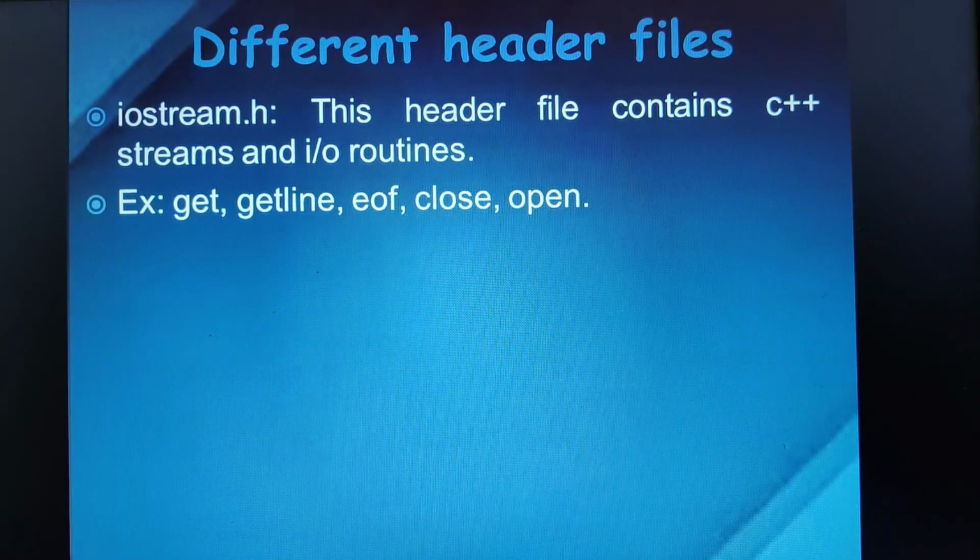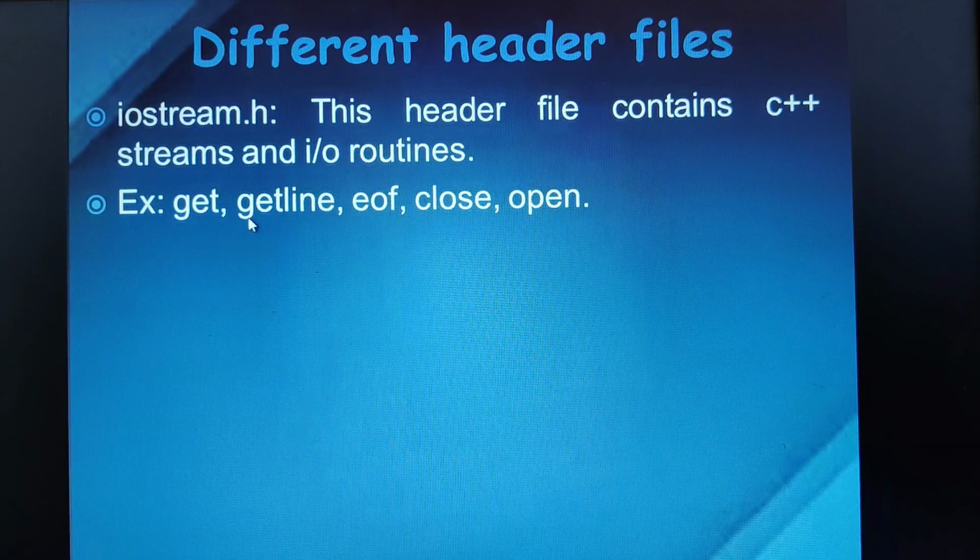Next we have eof. This function stands for end of file. It checks whether the reading has reached the end of the file or not. Next we have close. Close allows you to close the file which was opened to read or write. Depending upon which program you are dealing with, these particular functions are used. Suppose any files are opened for reading and writing purposes; if you want to close that file, we use the built-in function known as close. Similarly, we have the open function, which is used to open a file for reading purposes only. If you want to read only the contents, then the open option will be used.